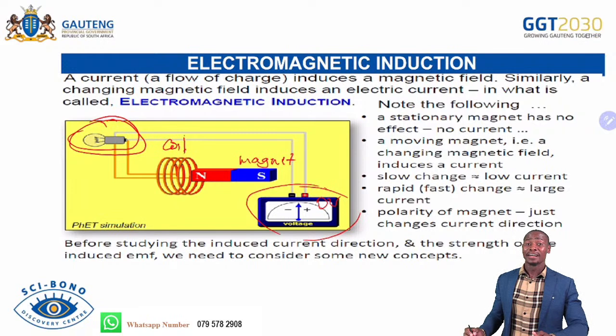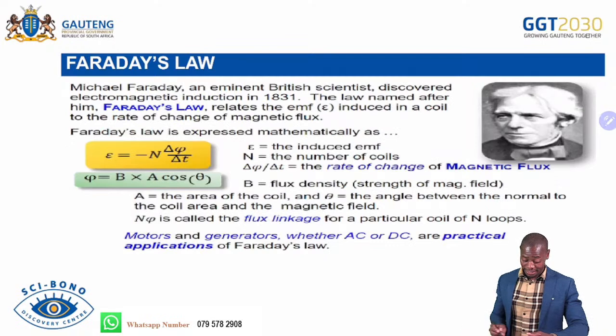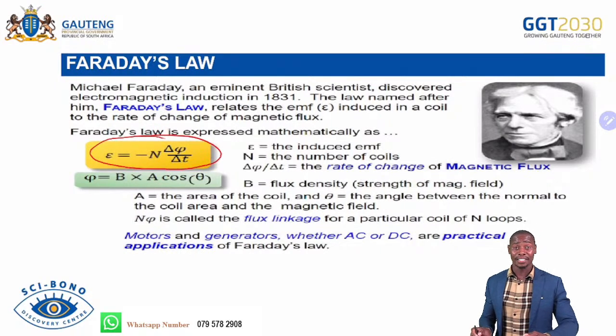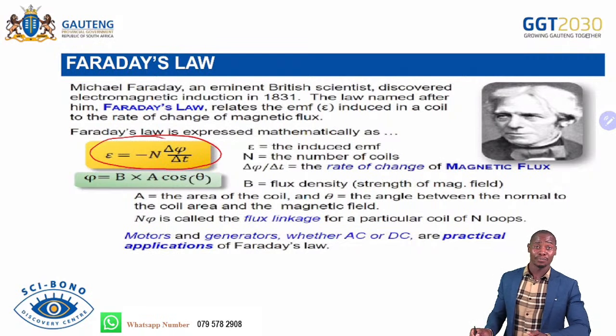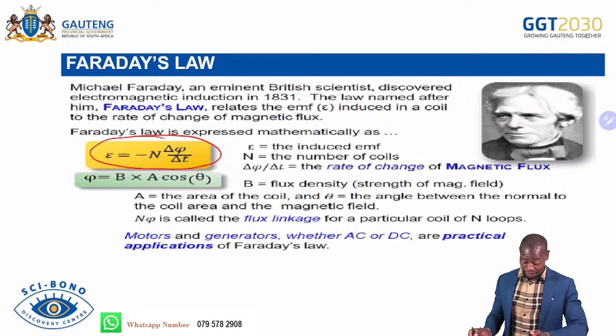Then the induced EMF. Remember, EMF is induced if there's relative movement between the coil and the magnetic field, right? And that induced EMF is directly proportional to the rate of change in magnetic flux linkage, right? So you can increase this induced EMF